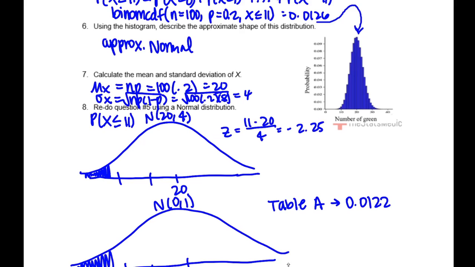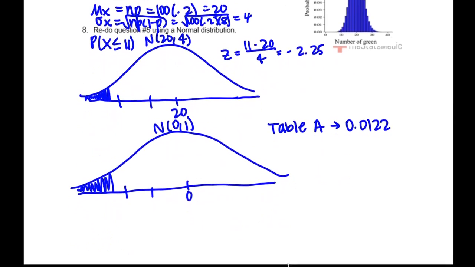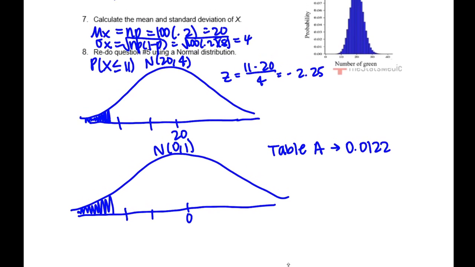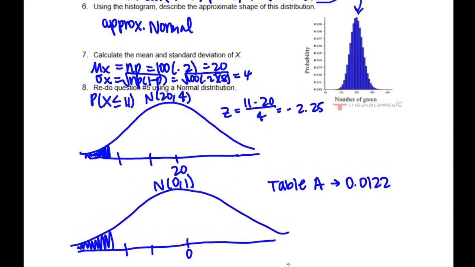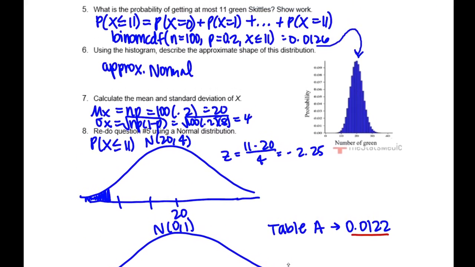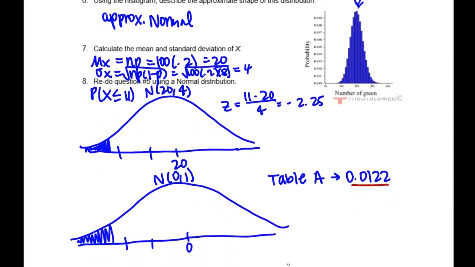So capital N(20, 4). We want to know what's the probability that x is less than 11. So we find the z-score for 11. Then we get negative 2.25. Use Table A, draw our standardized curve. And so this is something that we can do. Look how close they are, 0.0122 to 0.0126. Again, pretty close. And so a binomial distribution